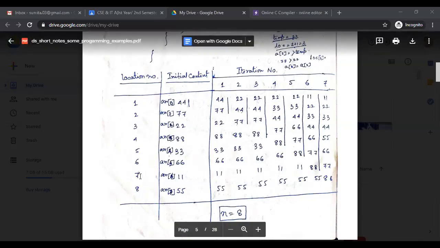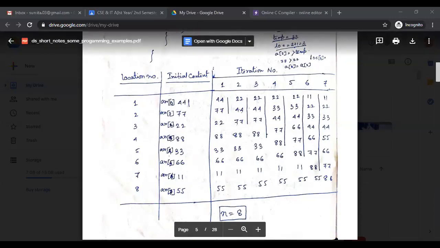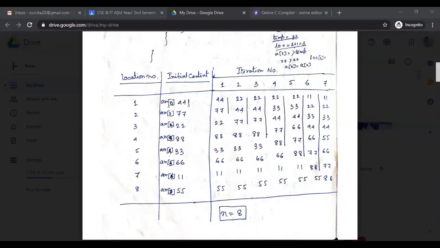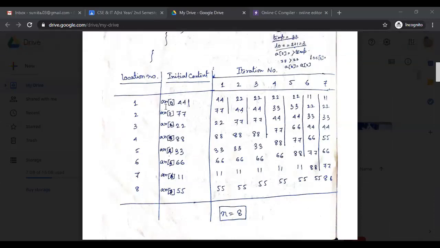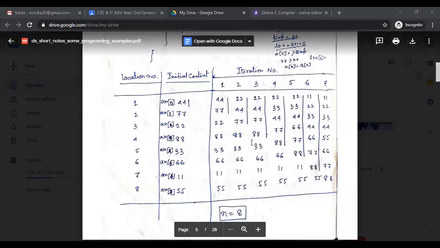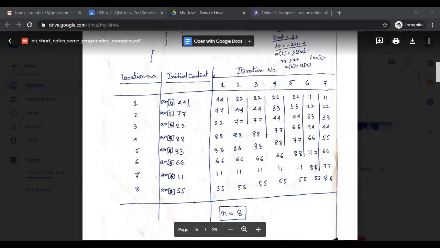We have to store all these 8 elements in a single dimensional array, which is ARR, from ARR 0 to ARR 7, because we know that array indexing starts from 0 and ends with n minus 1. So n is 8, lower index is 0, upper index is 7. These 44, 77, 22, 88, 33, all these random values are in your ARR. Now you have to apply the logic of insertion sort and make all these values arranged in ascending order.